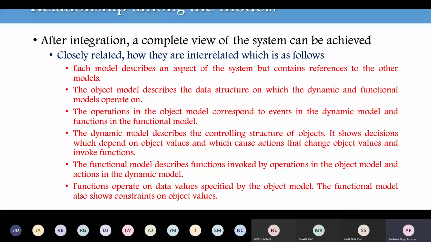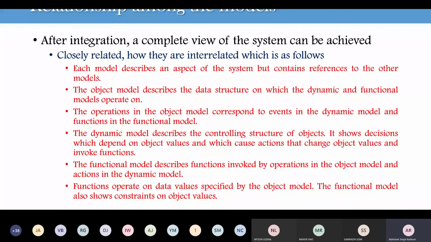When I say that each model describes an aspect of your system but contains references to the other models, take the example of developing a class diagram. We have to identify the actors of your system and the main functionalities of your system. So we have to model the use case before our class diagram, and the class diagram contains a reference to your use case model. Then I will start with the domain model. The use case model will contain a reference to your domain model, to identify the domains of your system, or the major nouns of your system.